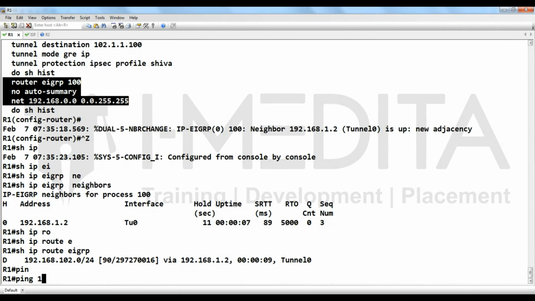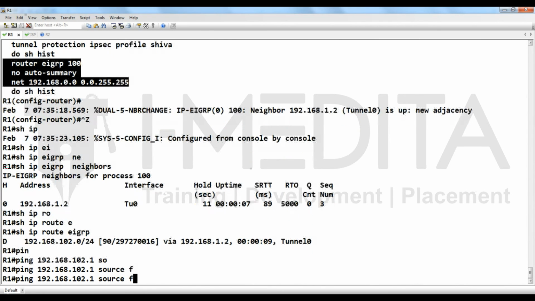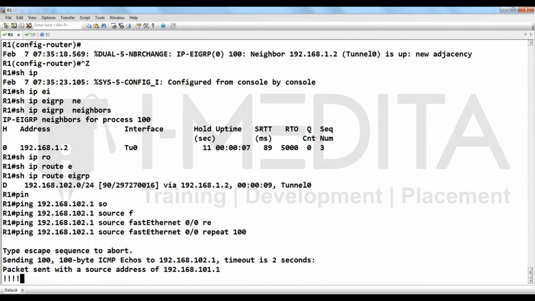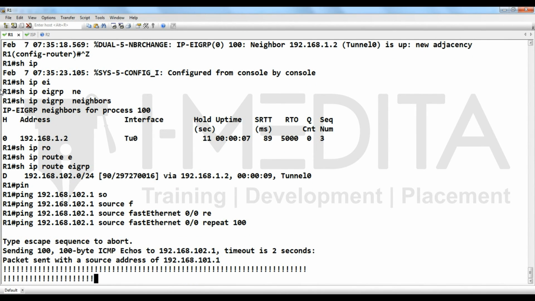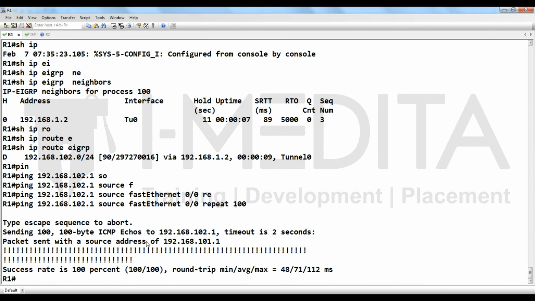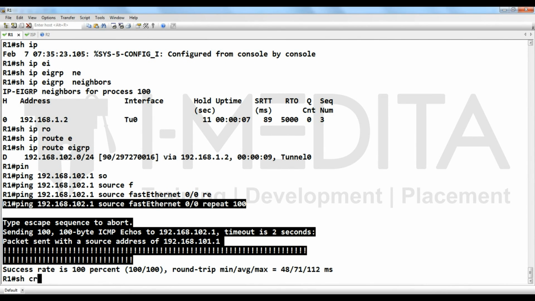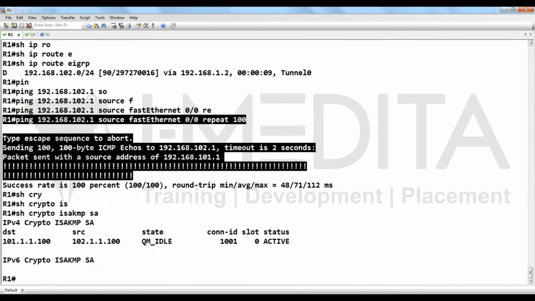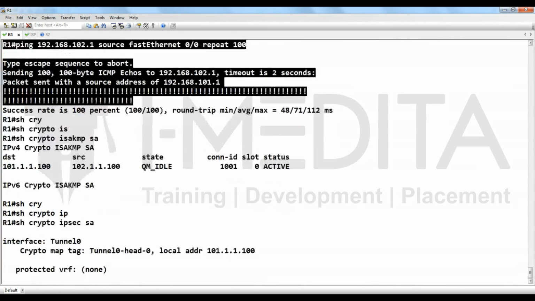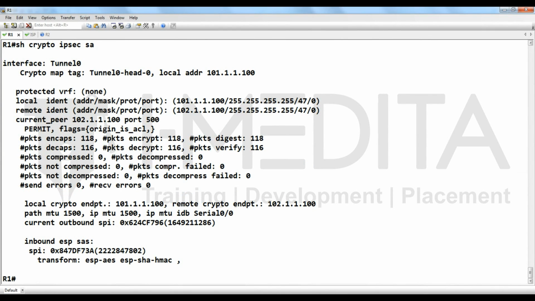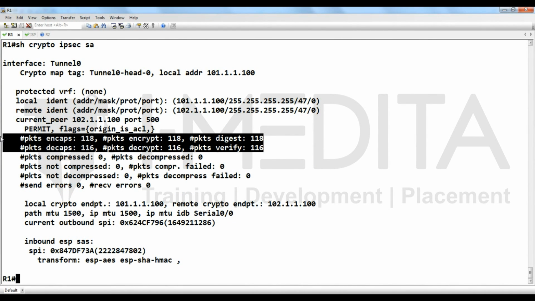Let's check reachability with the peer LAN; the peer itself is already a public IP address, so they are reachable. Now we have to check reachability from the R1 LAN to the R2 LAN. Show crypto isakmp sa, show crypto ipsec sa. You can see more than 100 packets encrypted and decrypted. Thank you.